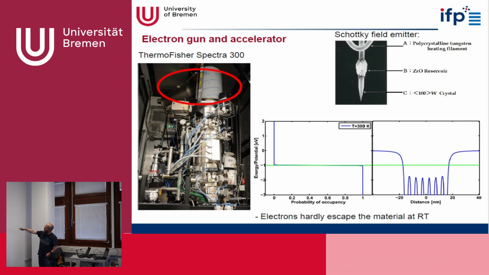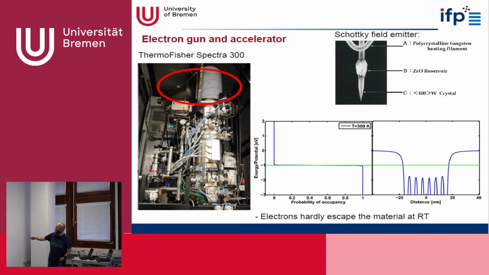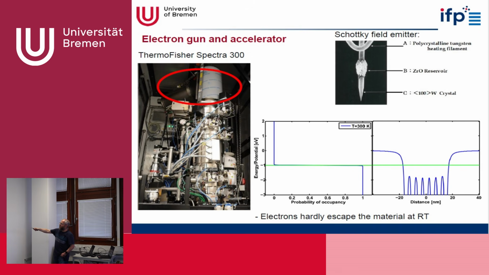So we have a periodic arrangement of this potential which stems from the different atoms in this tungsten crystal. Now we consider the electrons which are bound in this crystal, and at a low temperature, like room temperature for example, they are distributed in the crystal according to the Fermi distribution. What we see is that only a few electrons are above the Fermi energy. That means in principle no electron can just escape the material. So we have to do something about this.